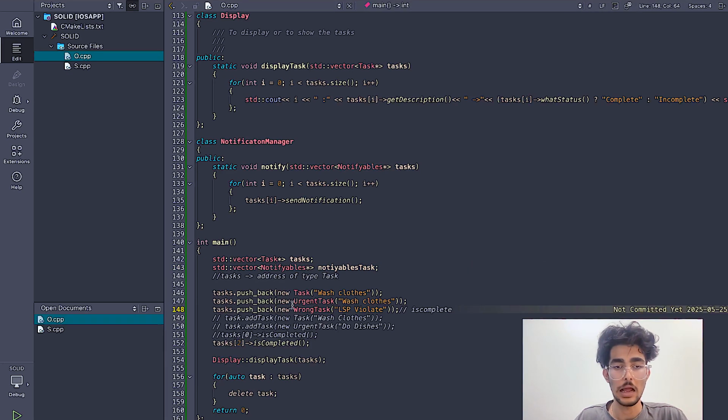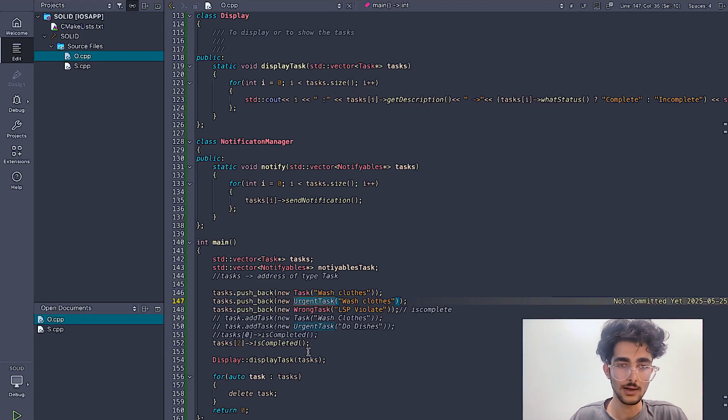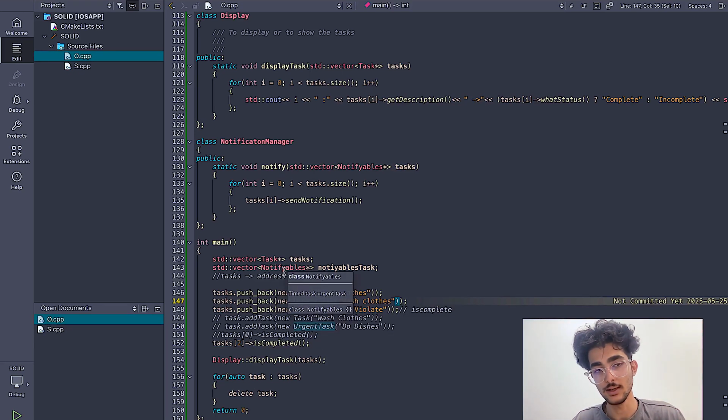Right now I only need it for this urgent task. We only have 3 types of tasks, but imagine in a bigger application there are going to be different types. There's going to be a timer task, with a timer to do the task in a certain time. There's going to be multiple tasks, like a not important task, or one with a low priority. So let's not discuss that in this tutorial, but just understand that we only have 3 types of tasks, and this feature is only needed for this